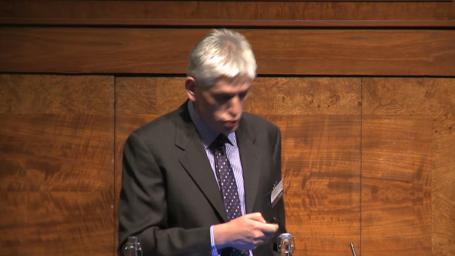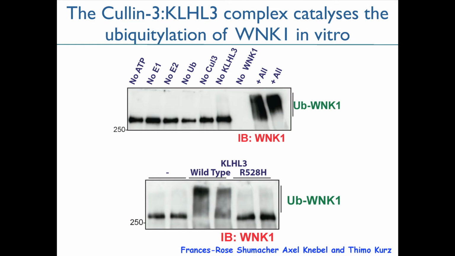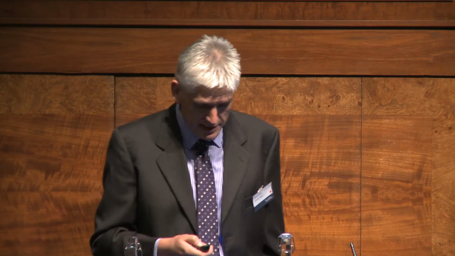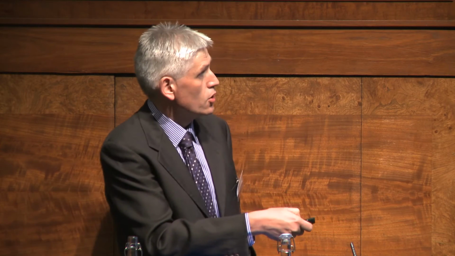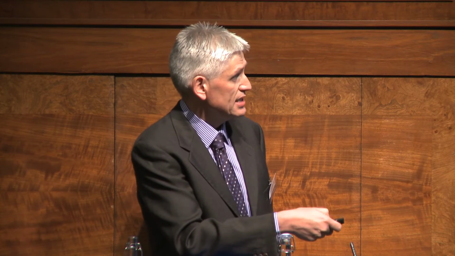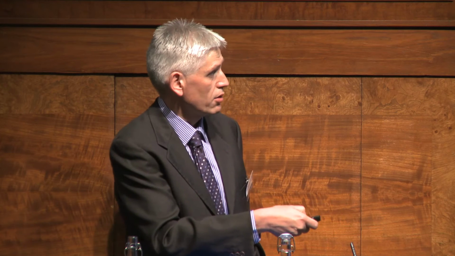But it turns out when you add all 6 components to this reaction mixture and you add ATP, you can see a very dramatic ubiquitylation of Wnt1 in the assay. And if you leave out any one of the 6 components, you lose this ubiquitylation. And also, very satisfyingly, if you do this reaction with the disease mutant form of KLH3, this is no longer able to induce the ubiquitylation of Wnt1